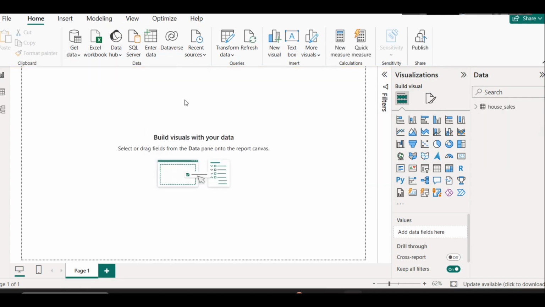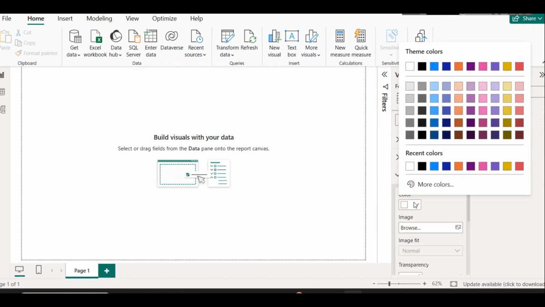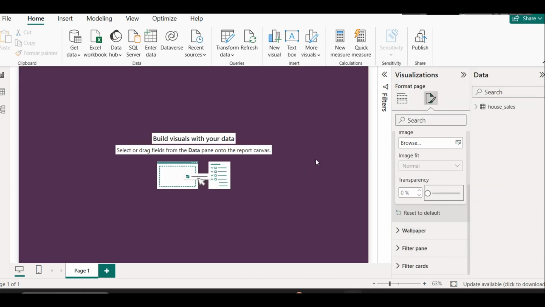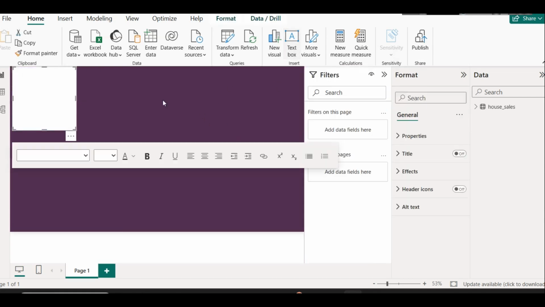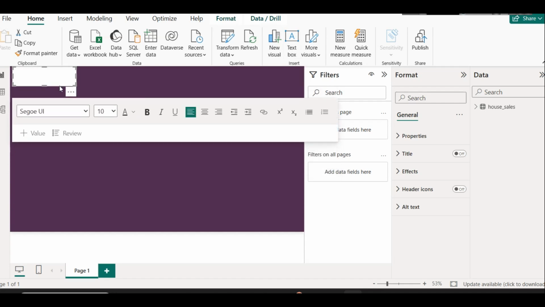And now we will prepare our canvas quickly. Go to canvas. In canvas background you can select any color. So let's go with any color here and we can give it a background. Now on this we will add a text box stating what we are trying to do here. We are doing exploratory analysis, so we can simply write USA King County house sales analysis or something like that. So let's write that: USA King County